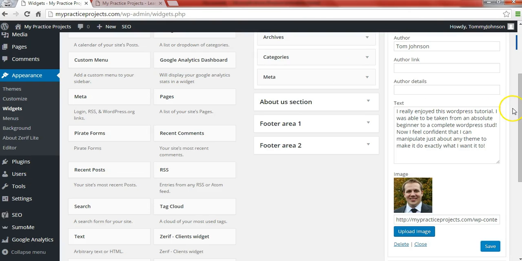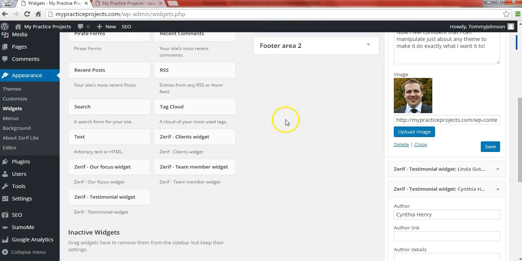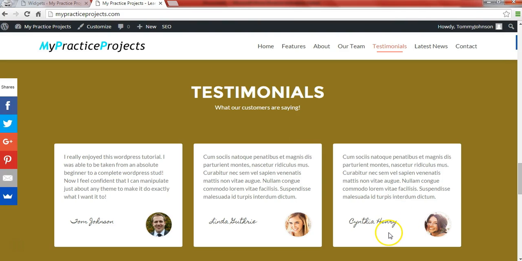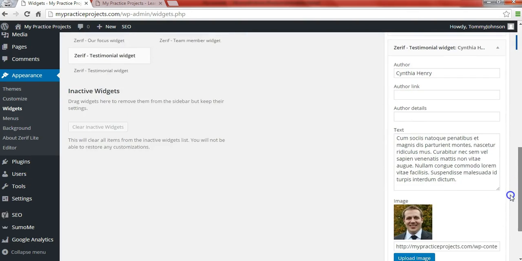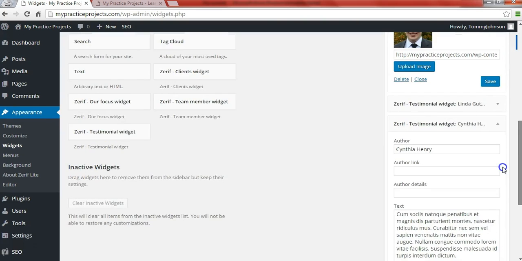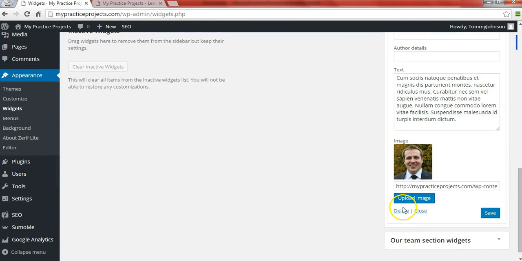Now I'm going to go over something that I should have in the last lecture about how to delete one and how that works. So this one is Cynthia Henry, and this is the last one here. I'm going to delete this post. I'm not entirely sure why it's showing my own image here; I guess that's a problem with the free theme. But to delete the post, I don't want you to accidentally think you're only going to delete the image when you click delete. You're actually going to delete everything that's in this section. So if we delete it,